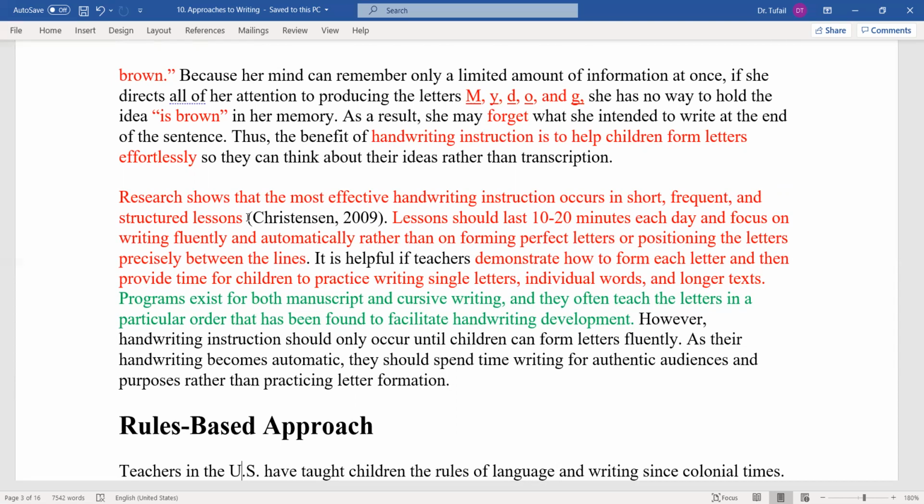We have two types of programs that exist for this writing. One is manuscript writing, and the other is cursive writing. Cursive writing is what we use in handwriting, and manuscript writing is what is used in books. So we can teach students these two types of writing through demonstrations, but overall the penmanship